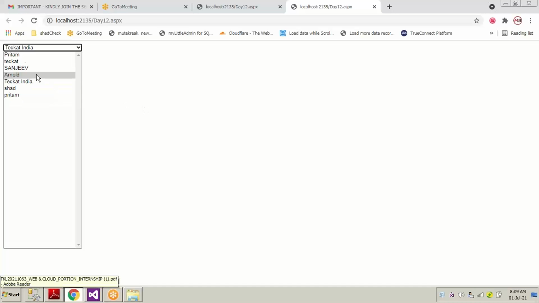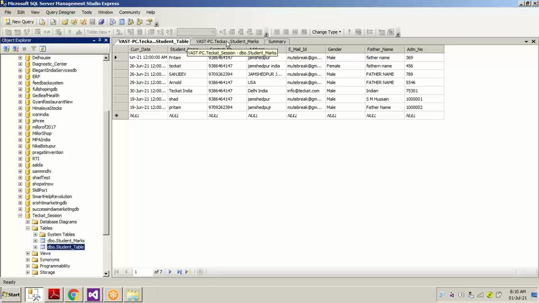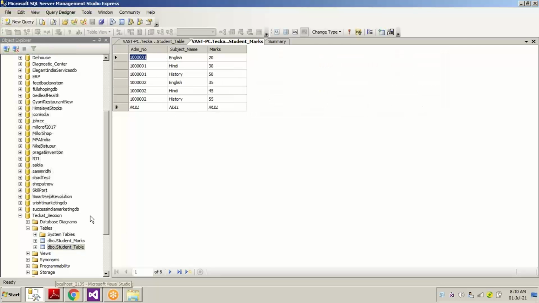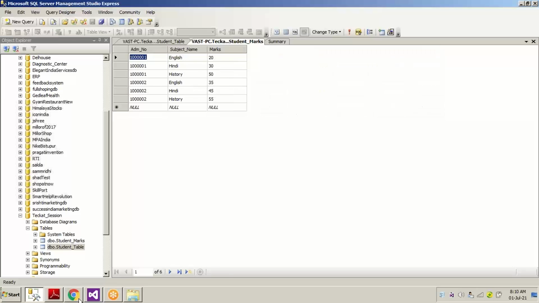Now, we have two tables: one is the student table and the second is student marks. If I select the student name Pritham, the subject names of Pritham should appear inside this list box.